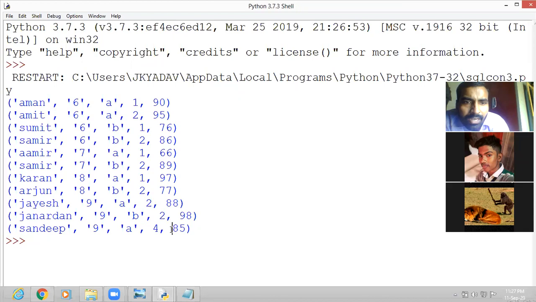In the table you can find 66 mark anywhere. Yeah, here it is 66. Amir is having 66. Okay. Any marks you can find the same marks anywhere, same marks? No sir. 95, 85, everywhere it is different. Everywhere different. Okay, so now let us change 66. These marks we want to change.